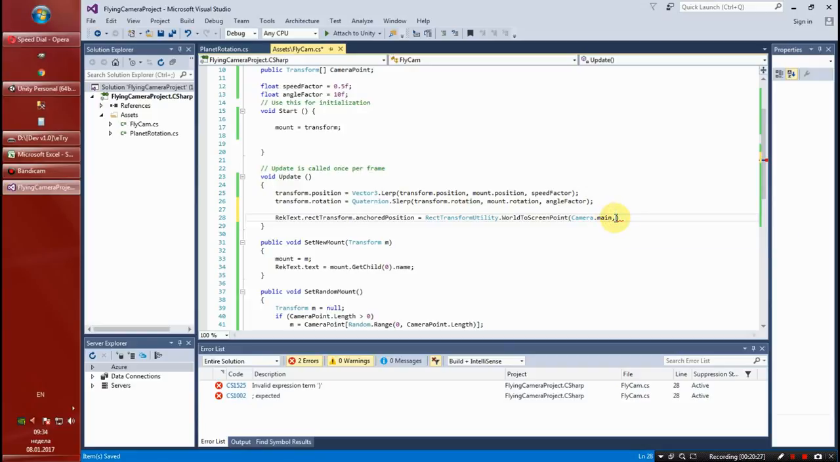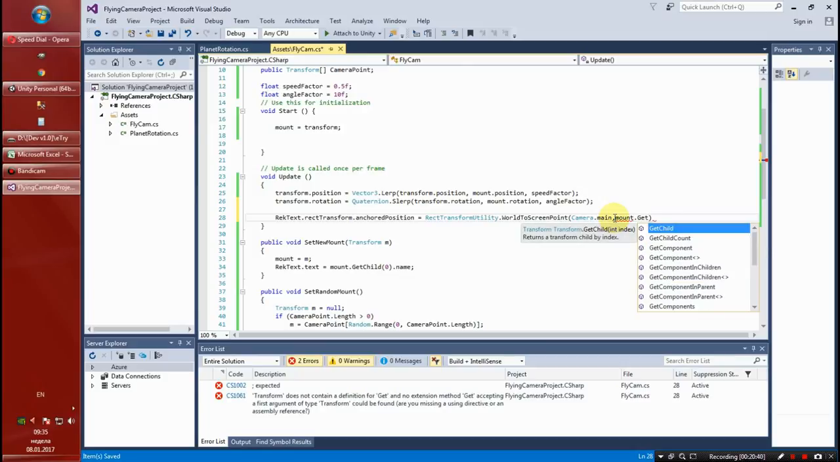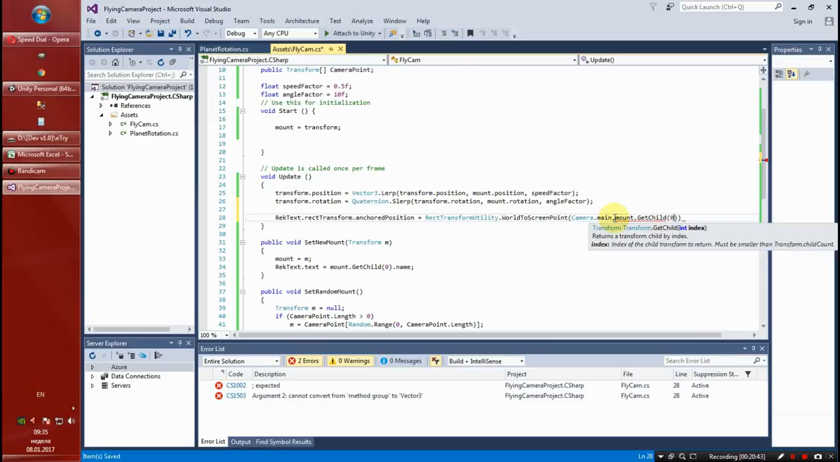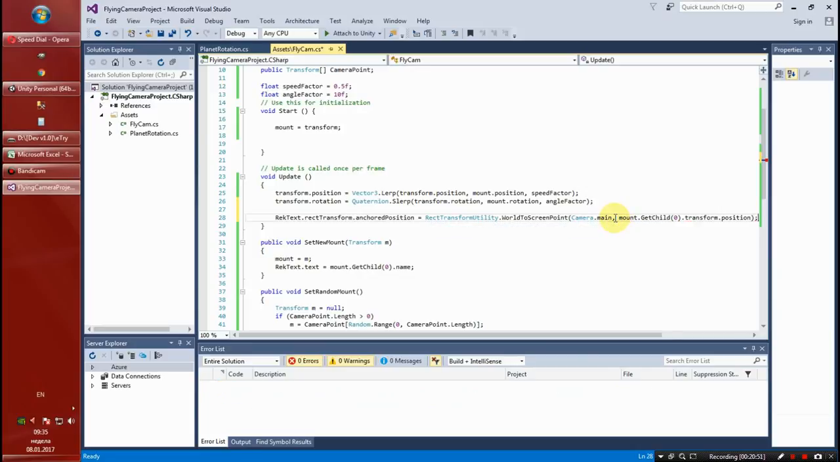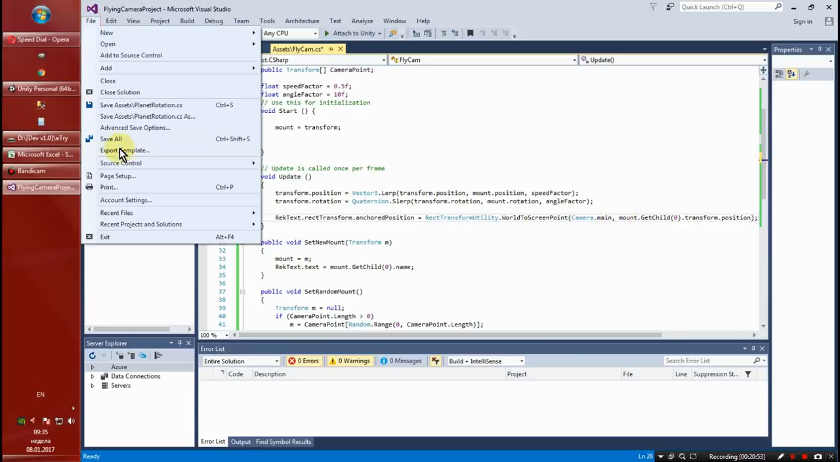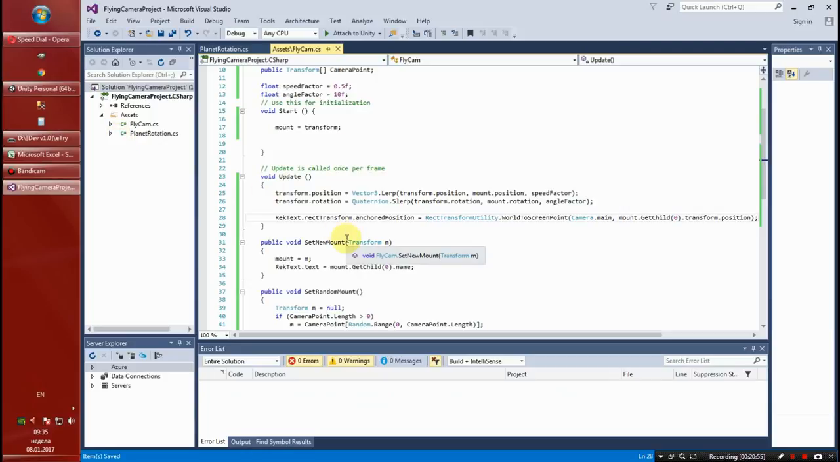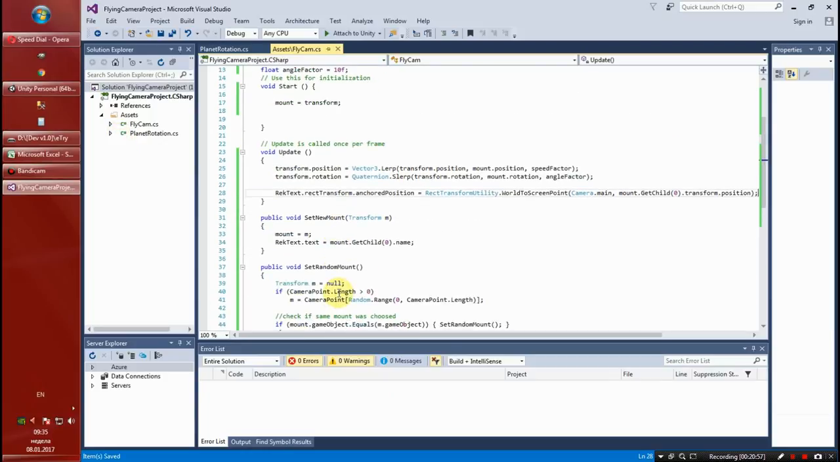And the next thing, now we need the planet position. And which one is that? We have the mount already. So get the planet, remember it has a 0 index, its child, and transform.position. So that's it. We are done with scripting. Alright,